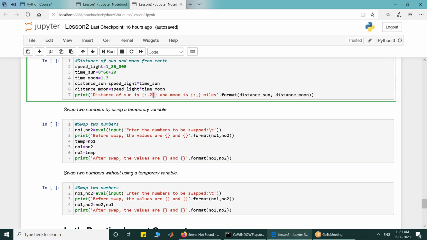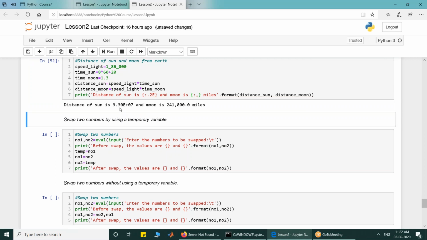E is the exponent form, and comma is the comma separator. In the Moon distance, I want the output to be comma separated after 1000 places. So if I run it, look at it. So you got this, and here you got this. And remember, you got this